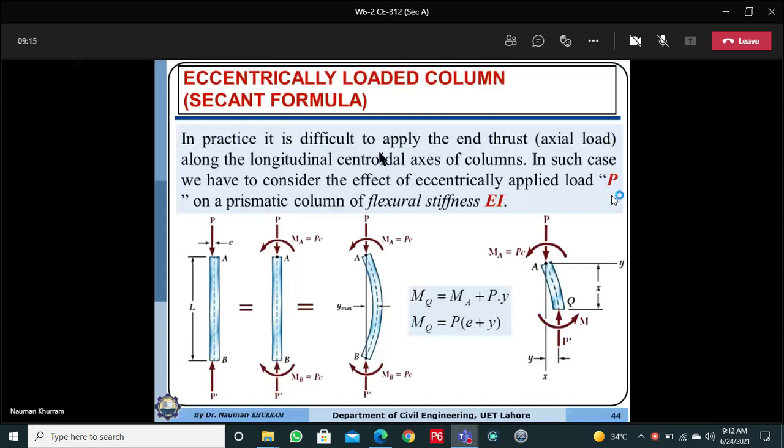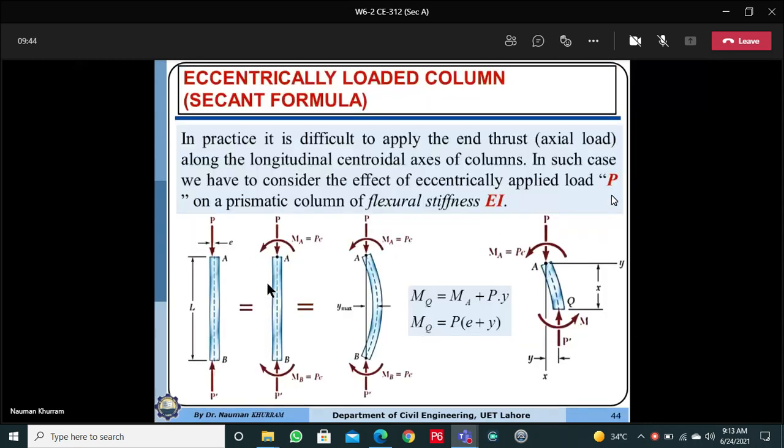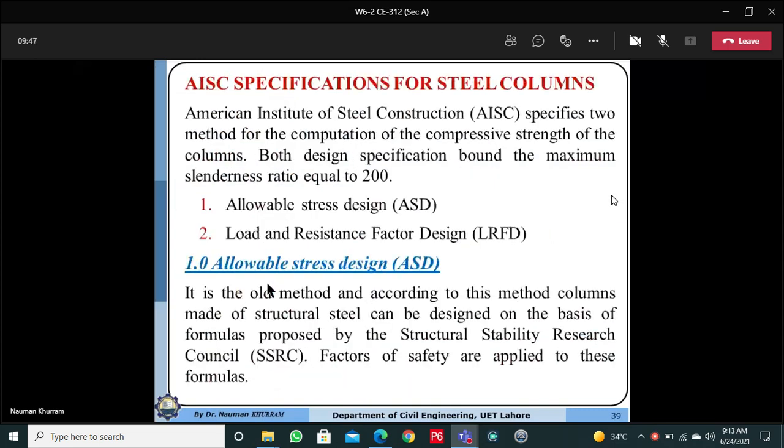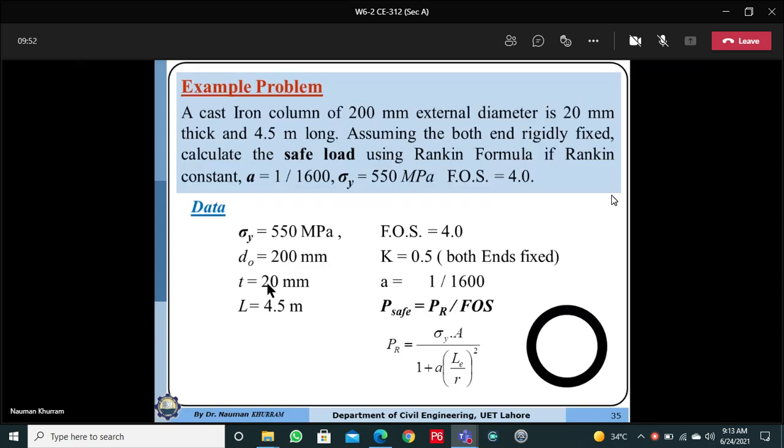This induces an additional bending moment. So the column will be subjected to additional lateral deflection, and it will also fail prematurely at a load less than the expected load as compared to the concentric load column. So the question arises: why are we studying this topic? Because in your fifth semester in steel structure design, you did not compute the capacity reduction due to the eccentricity or imperfection. Because in that case, I have already explained that.